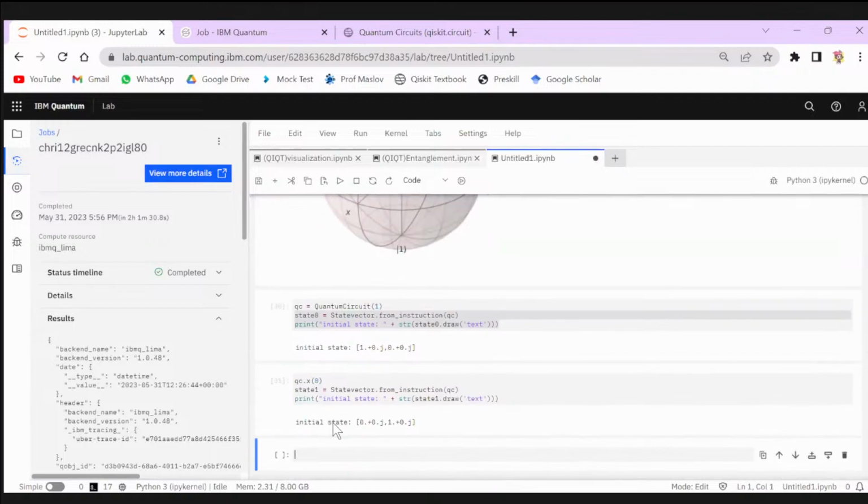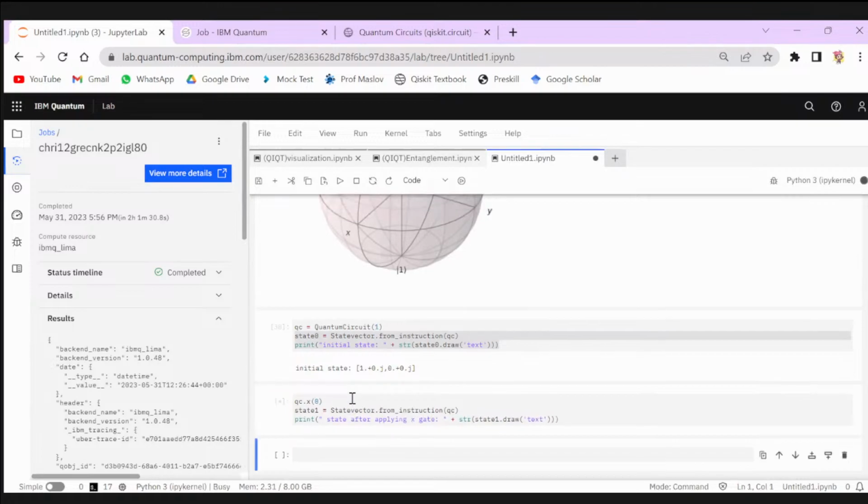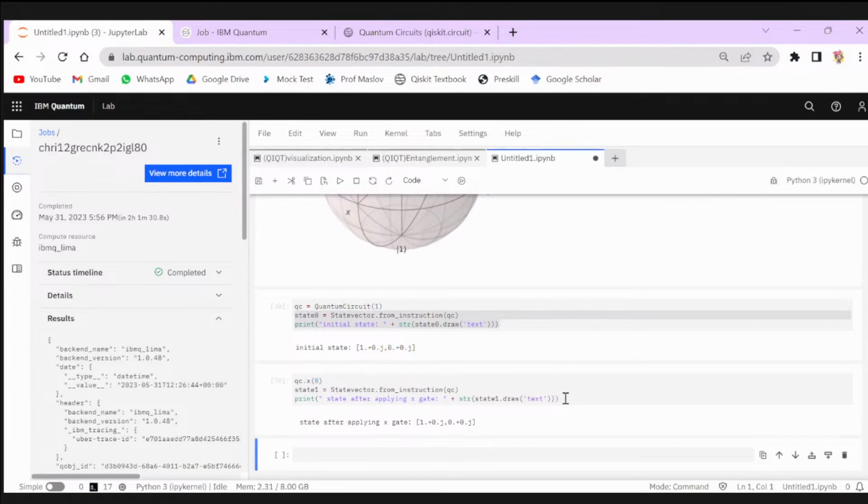And you can see the state will be changed, and you can write, apply X state, then you can,